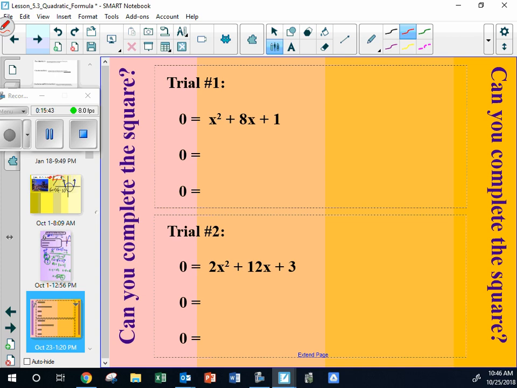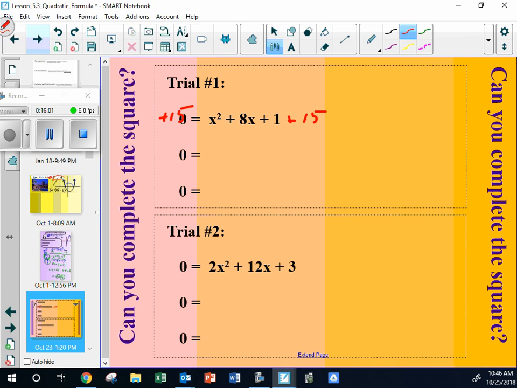How do we make it be 16? Would you agree that I can add anything I want as long as I do it to both sides of the equation? So I could add 15 to this side as long as I add 15 to that side. You get what I'm doing there? Now this part,